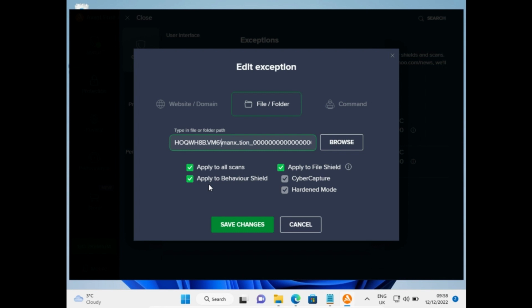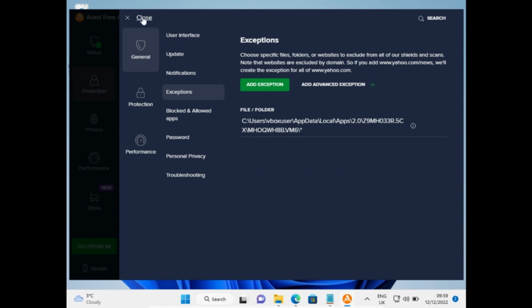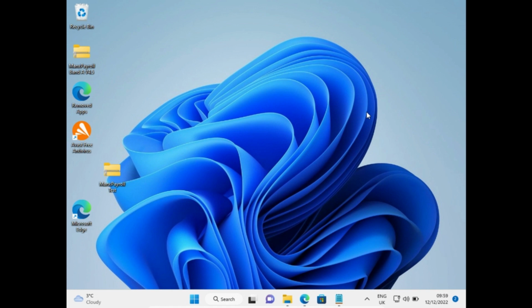Where it says VM6, I could delete that and just keep it from apps to, and then this Z9 field here. It won't say exactly the same on yours, but it will be very similar, and it'll say something like VM6, and you delete everything beyond there. Save that, and now I can delete this second exception because it's not needed, and close. So I'm going to now pause the video and do another update, and you'll see that